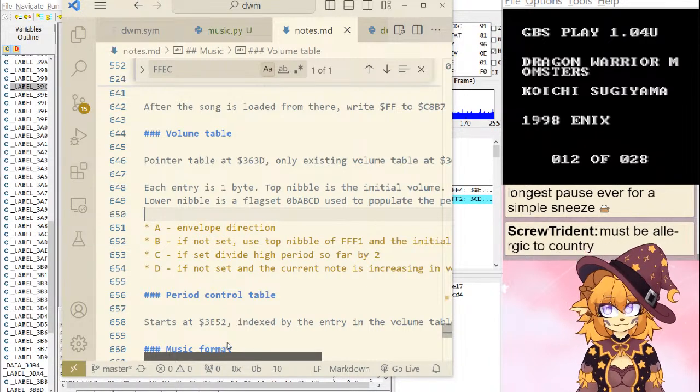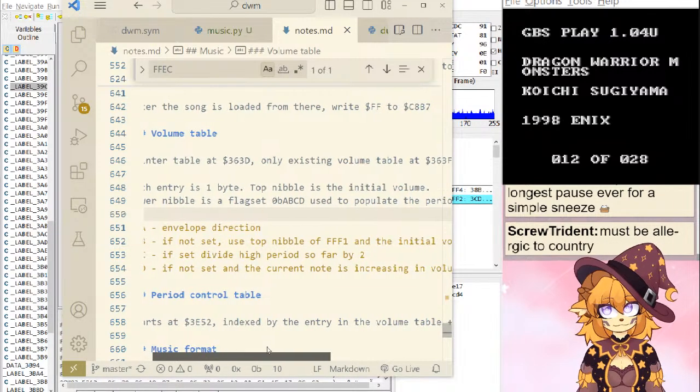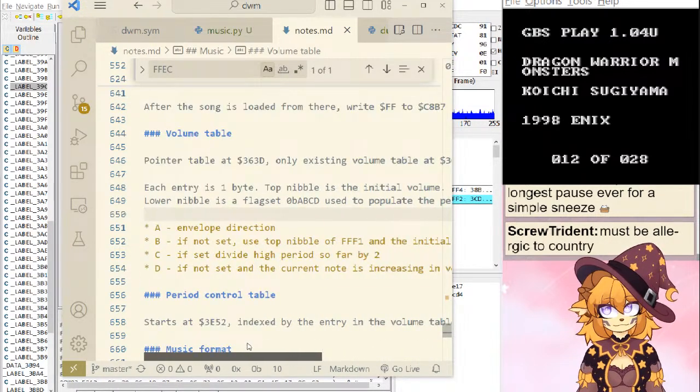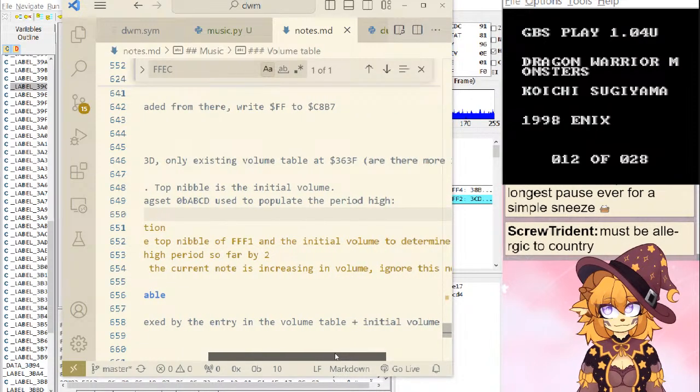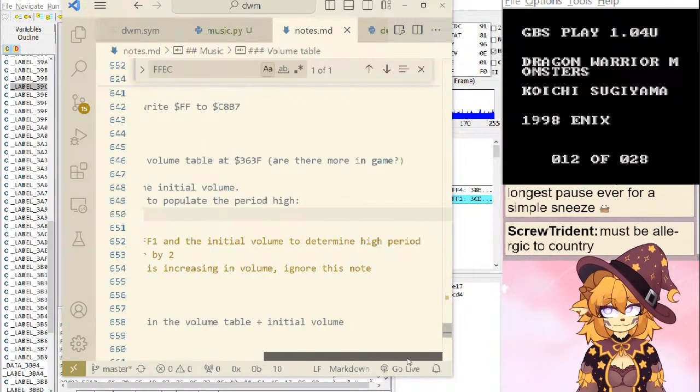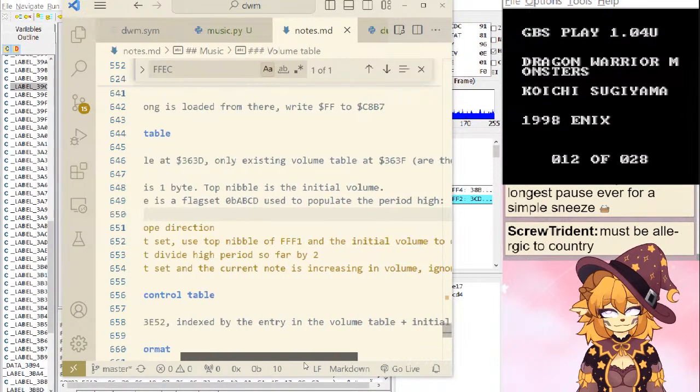This does actually seem period related. Is it?